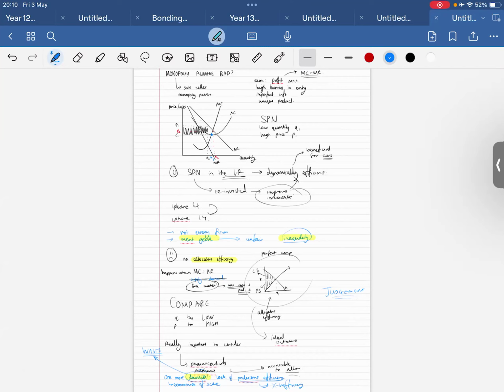Yeah, exactly. What else would I say? Well, I would just give an example and say that it depends which point you're making. But if you're talking about dynamic efficiency, then you can back it up and say AstraZeneca